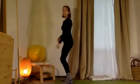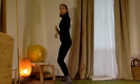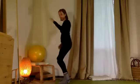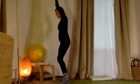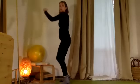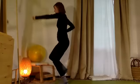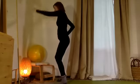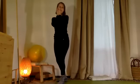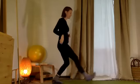So once again, just rock and sway, feeling your blood flow through one leg, through the other side, kind of moving through wherever there might be tension, stress, whatever built up in your cuerpito. Good. So then from here, once again, brazos arriba. Oh, but we're not going to do it like this. We're going to take it to the other side of the mat. So big step,